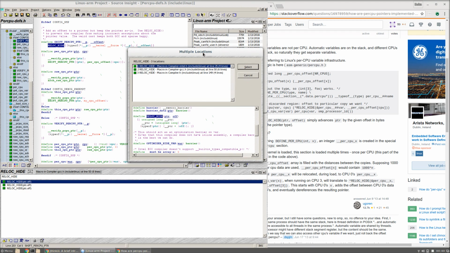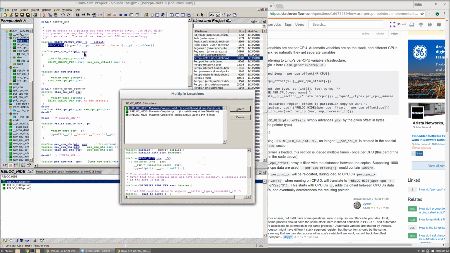And that's how it accomplishes to advance P by an offset number of bytes, regardless of what the type of P is. That's kind of interesting. It's kind of interesting to see how it does that,